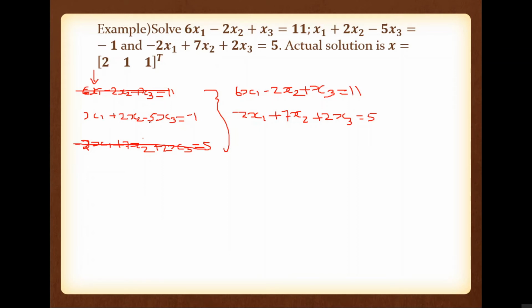Now compare the coefficient of x3. So here we have only one equation, that is second equation. So we can take it as a third equation in this case. So this is x1 plus 2x2 minus 5x3, that is equal to minus 1. So this one is a new system after swapping. Okay. So this is the first step that you have to do.